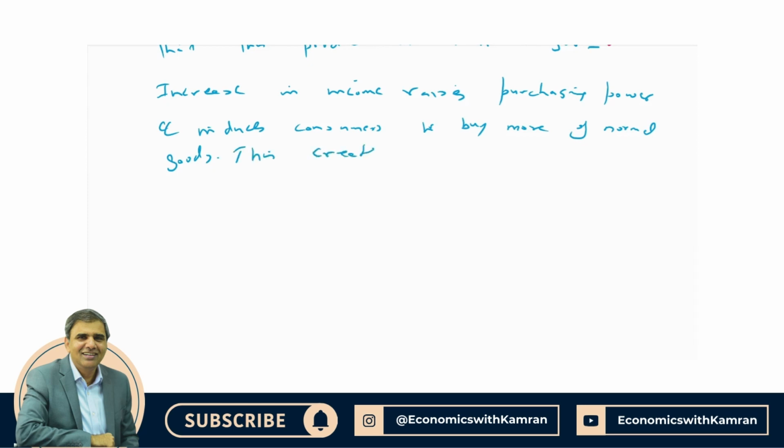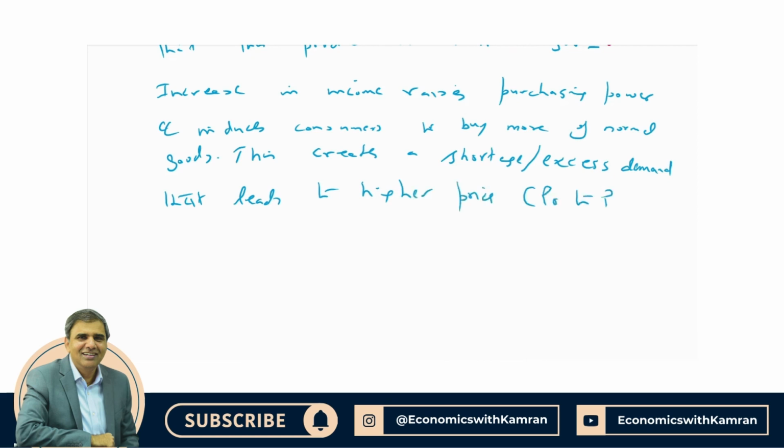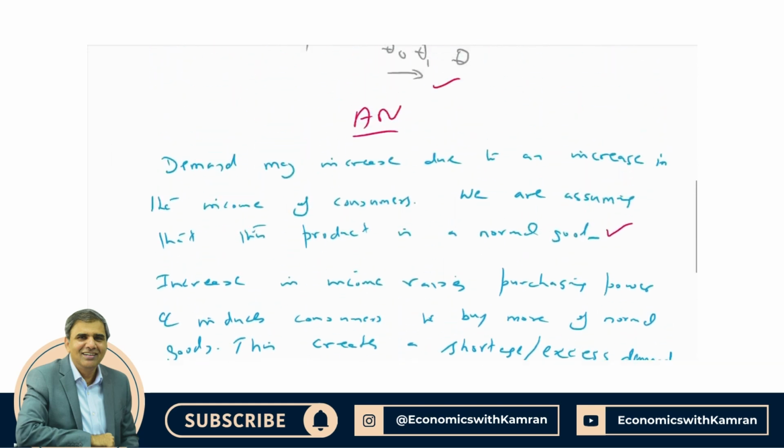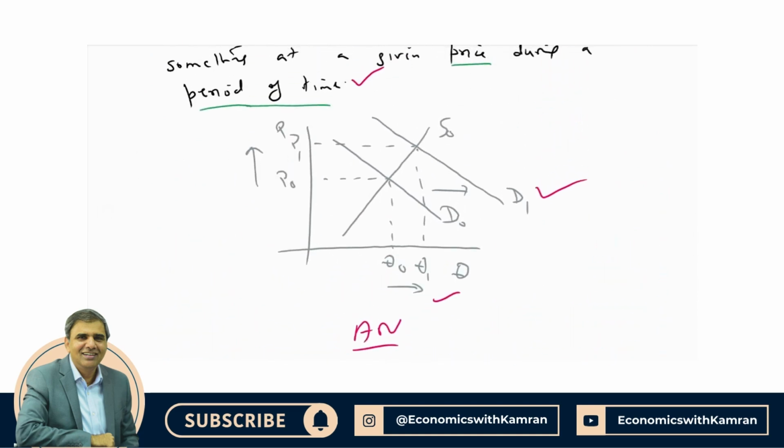This creates a shortage or excess demand that leads to higher price, P0 to P1, and higher quantity, Q0 to Q1. So if we look at the diagram, when the demand curve shifts to the right, initial price P0,